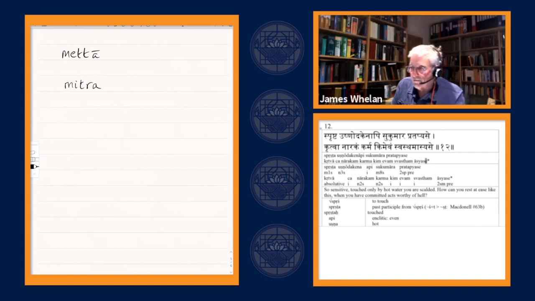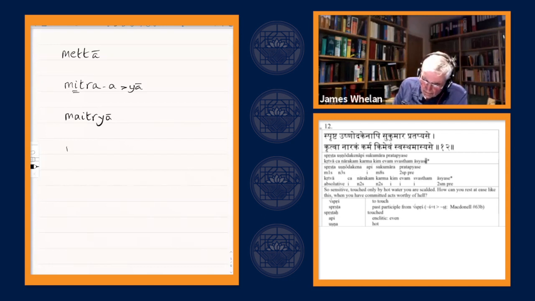And one way of making an abstract noun out of it is to vridhi, strengthen the first syllable and change a final a to ya. Okay, we'll come to that in more detail. Just take it as it is for the moment. So mitra, friend, maitriya becomes actually friendliness. That's the original meaning of metta, friendliness. It's often translated as loving kindness. That is the etymological root of the word, a feeling of friendliness towards people.